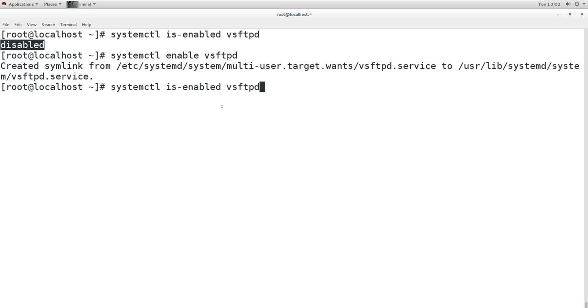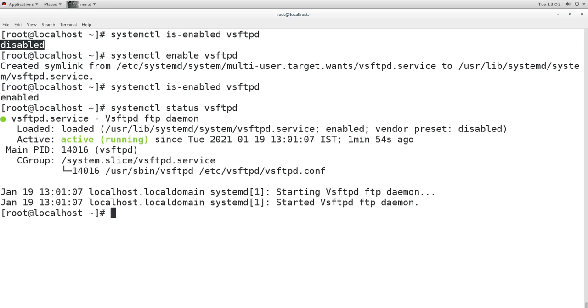When you check is-enabled, now it is enabled, and when you check the status, it shows that this is enabled. So whenever you restart, it will always start, but the vendor preset is still disabled. That means out of the box it is disabled.